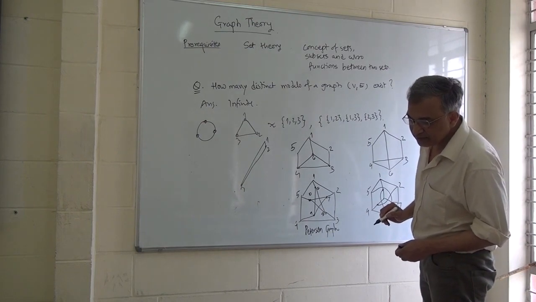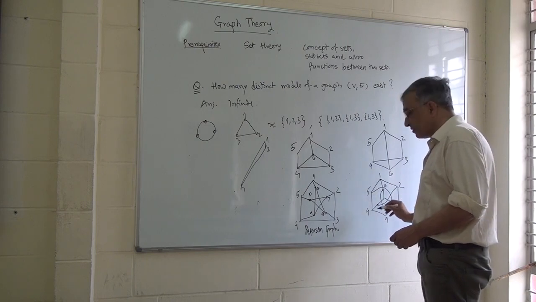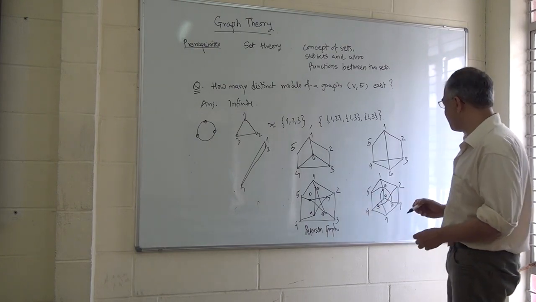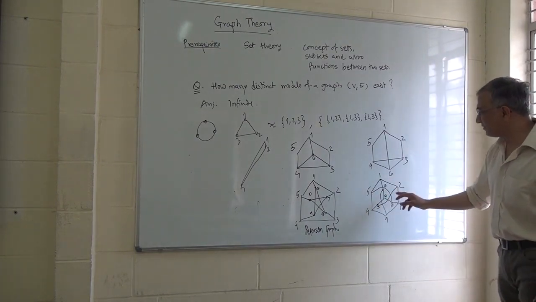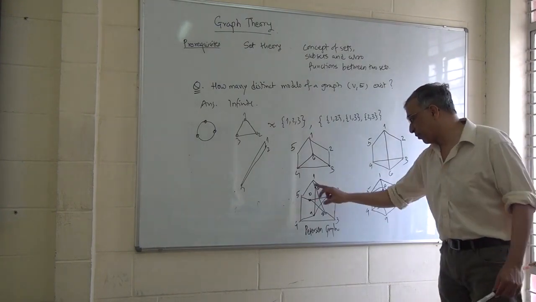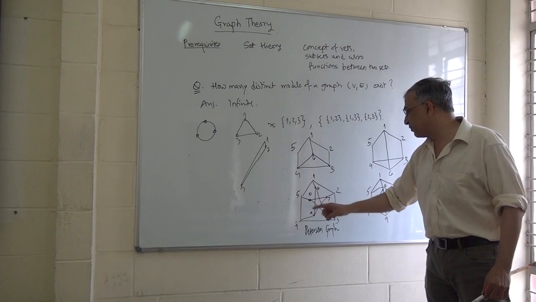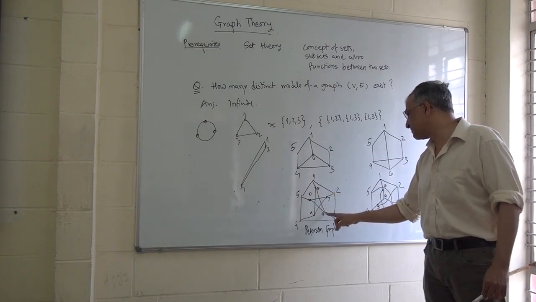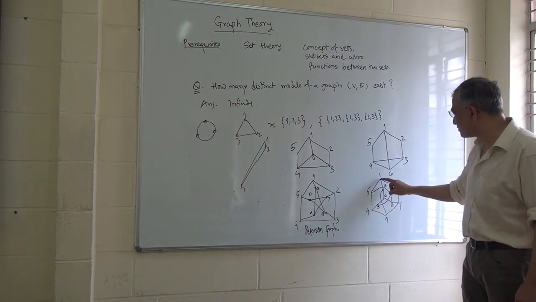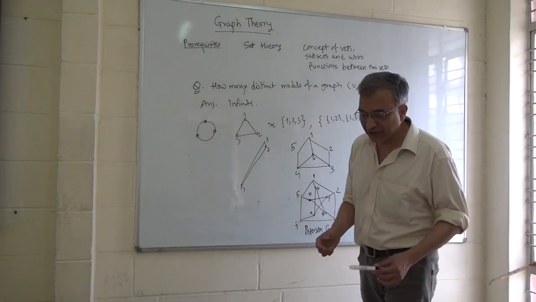And 6, 10, 8, 3. This is 6, this is 10, then this is 8, and this is 3. Now if you look at this graph, the associated data is a set of 10 points, and the edge set is 1, 2, 1, 6, 1, 5, and for 6 that is 6, 8, 6, 9, 6, 1, and this way you can check that the same two subsets are there, it's just the model is different.